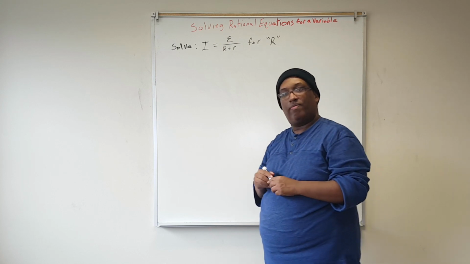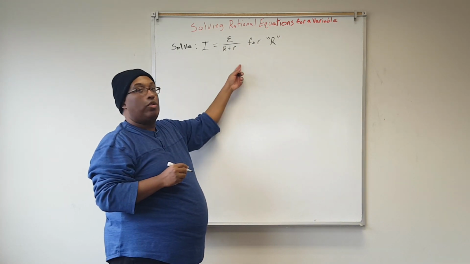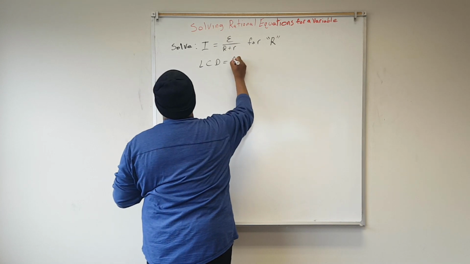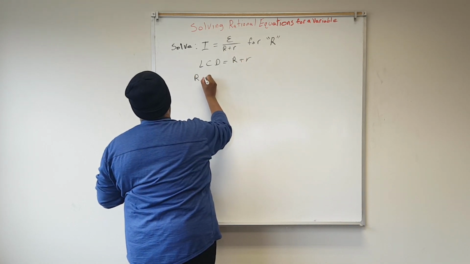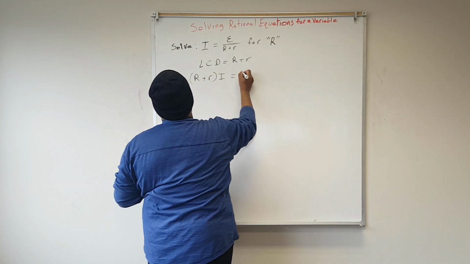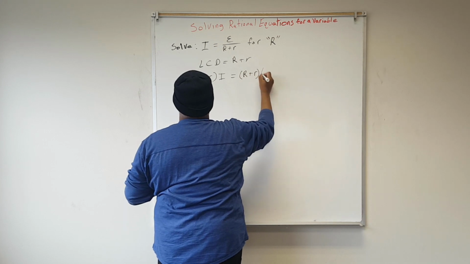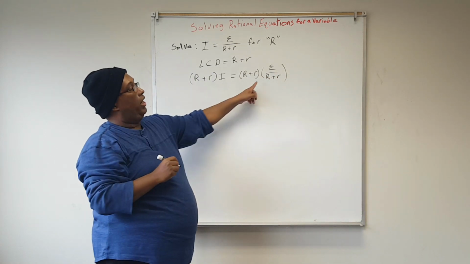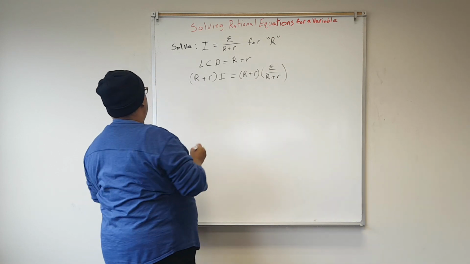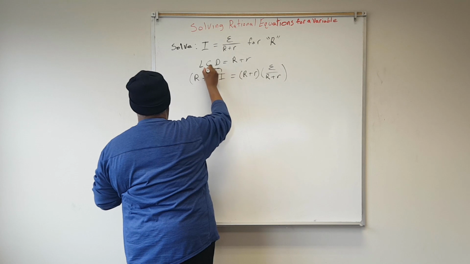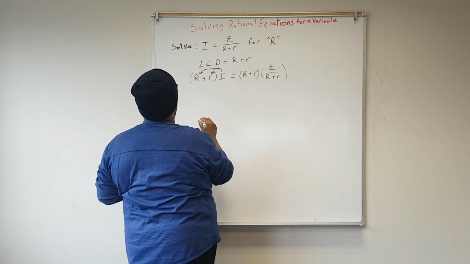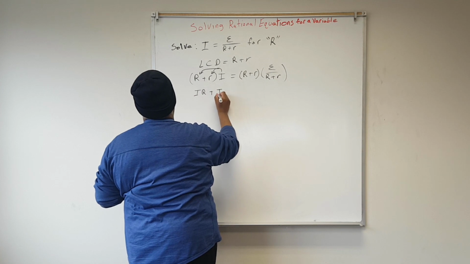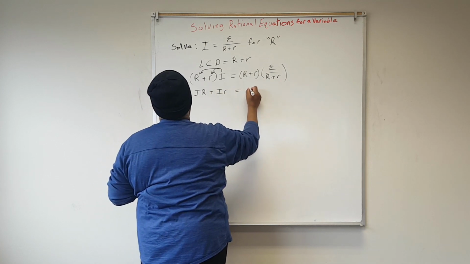So again, here we go. I'm going to multiply by the LCD. And in this case, the LCD is just the only denominator there, R plus r. So R plus r times I equals the quantity R plus r times the fraction E over R plus r. Here, the denominator cancels. Here, I'm going to use the distributive property. And let's see, we will get IR plus Ir equals E,